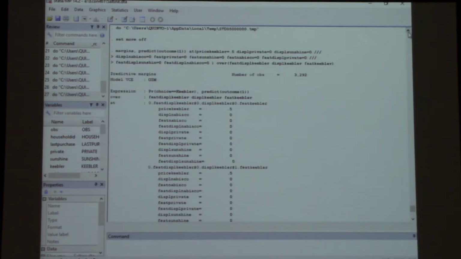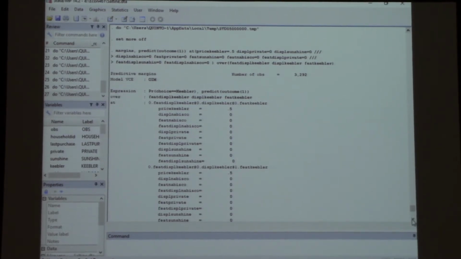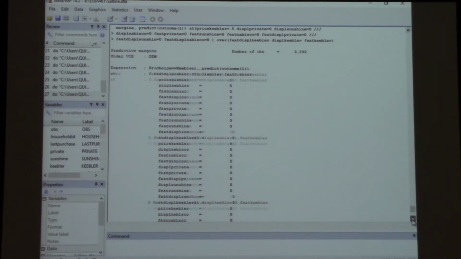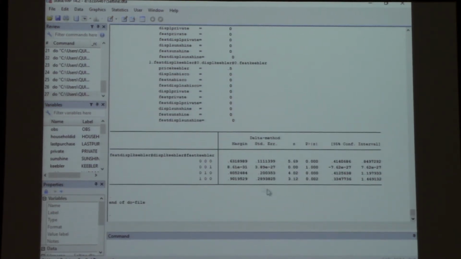Was it dy dx? No, this is a predicted outcome. Predicted outcome when Keebler is 50 cents, everything else is set to 0. So when Keebler is 50 cents, probability of choosing Keebler off promotion is